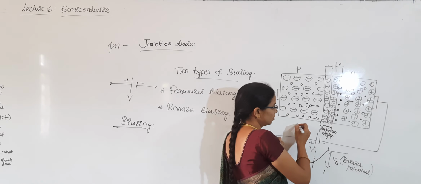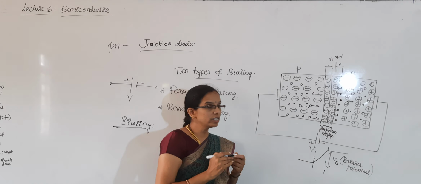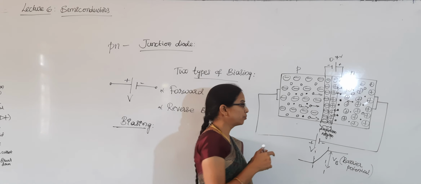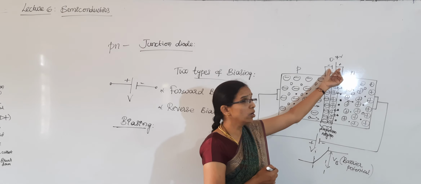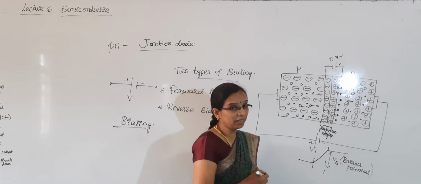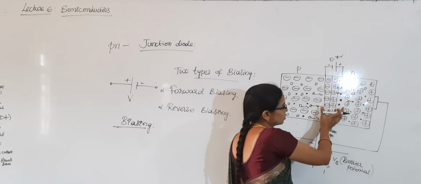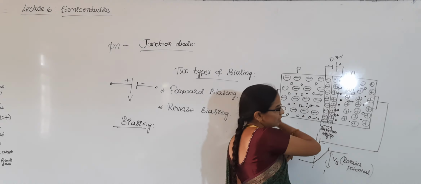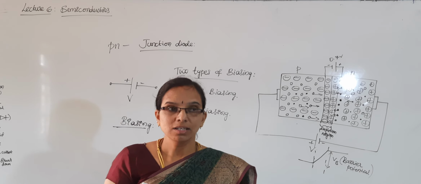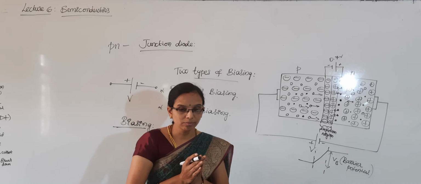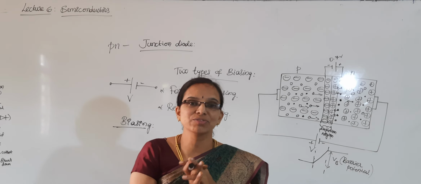Assume this is a silicon diode, and the potential barrier for silicon is 0.7 volt at room temperature. So once the applied voltage increases beyond 0.7 volt, or exceeds this V_B, these electrons and holes break the covalent bond and cross the junction. Because see what happens, a dominating character, you might have heard, dominating characters will be there.